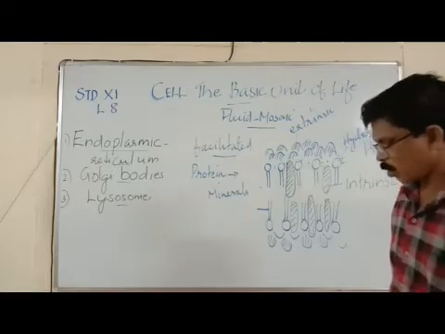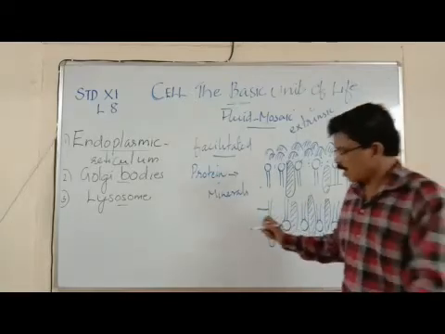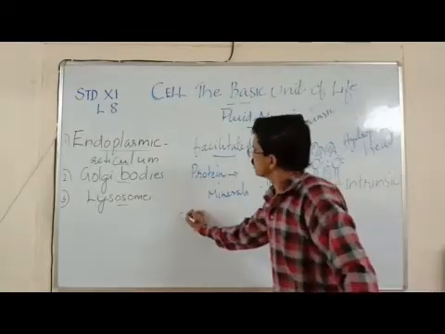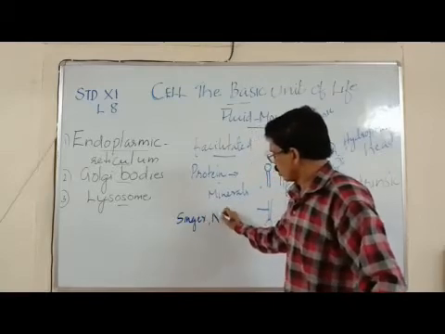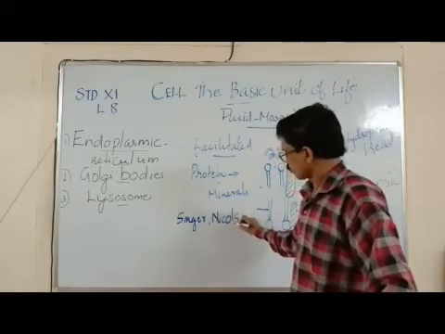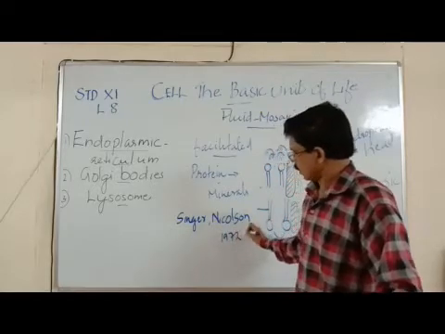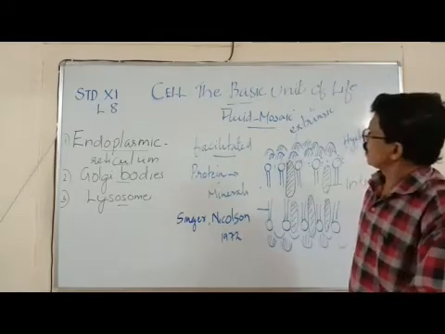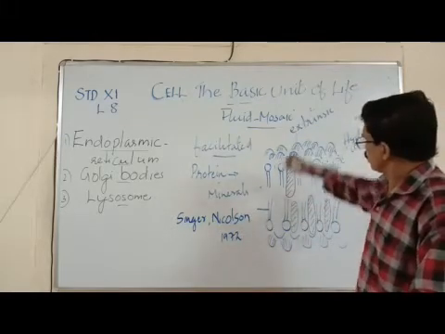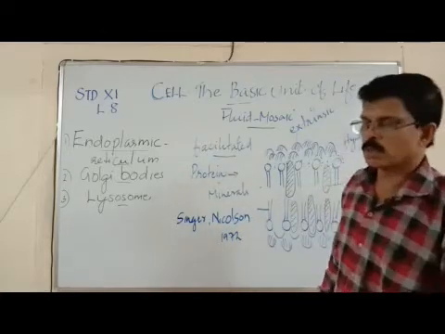The fluid mosaic model of the plasma membrane was discovered by Singer and Nicholson, S-I-N-G-E-R, Singer and Nicholson in 1972. This is what is called the fluid mosaic model, and this is the general structure of this fluid mosaic model of